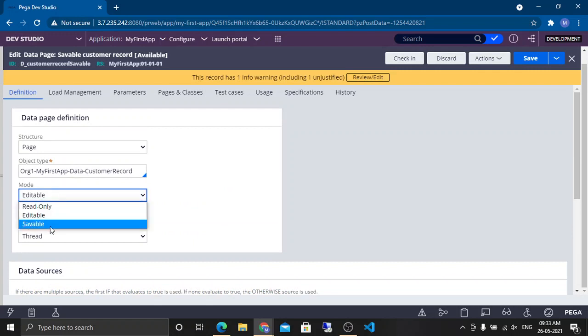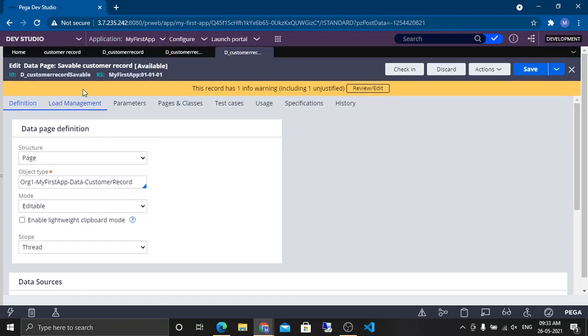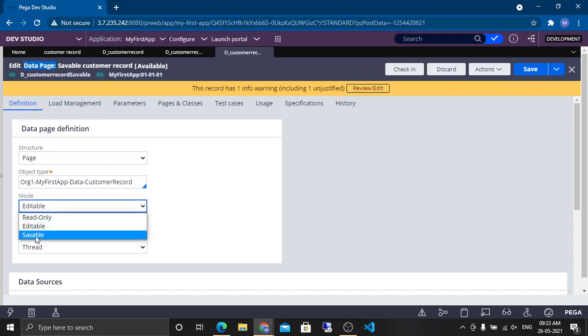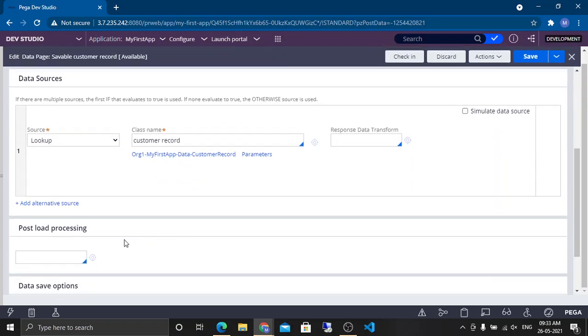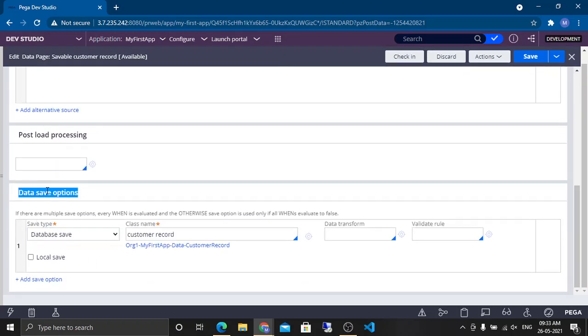How did you get to the savable option? That's what I wanted to know. It is configured by default, but on every data page, if you click here, it will give you savable also. If you click savable, you see, the save options are enabled: how do you want to commit back to the DB?